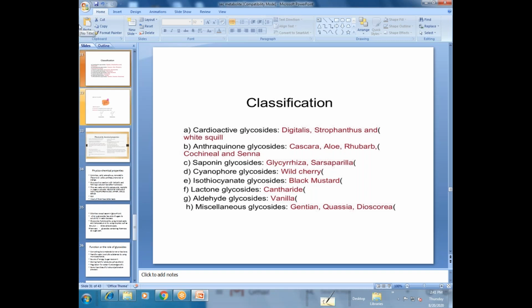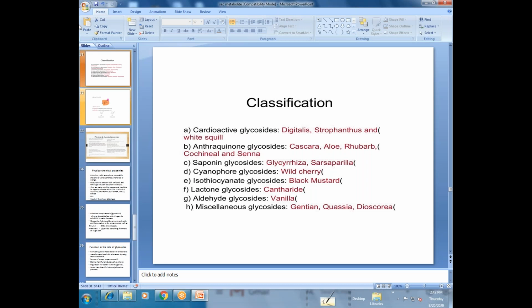one which expels the gas from the stomach. What are they called? Carminatives. Any of these uses can be written with an example. Linkage, I think you have understood very well. The linkage classification with the glycon and the aglycon. Then come to the